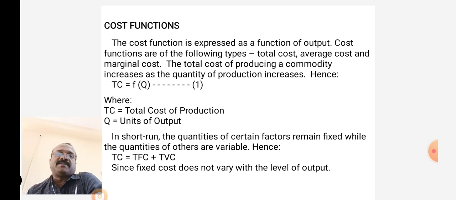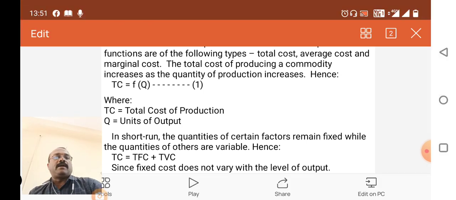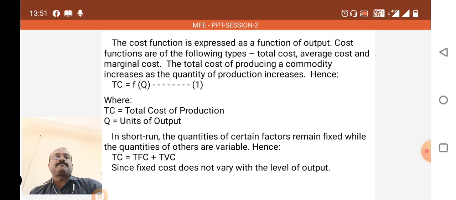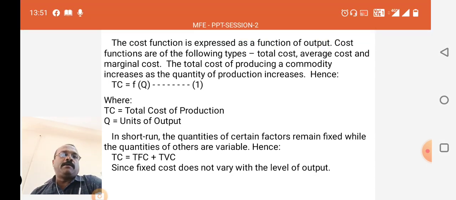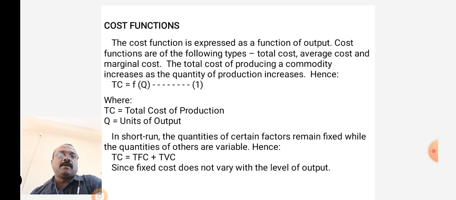When you consider this as the cost, then what is a cost function? The cost function is expressed as a function of output. Cost functions are of the following types: total cost, average cost, and marginal cost. If these three costs are under manufacturing industries,